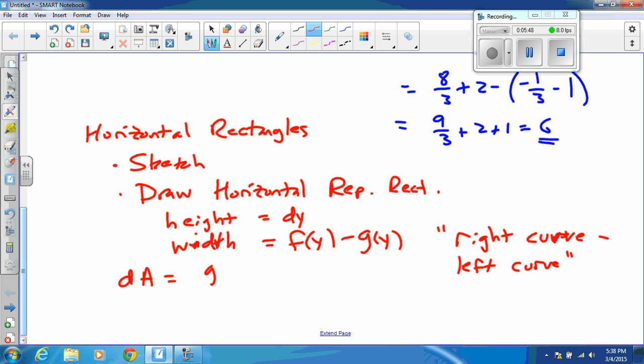And so then the dA, the little element of area that we're adding up, is going to be f minus g dy,